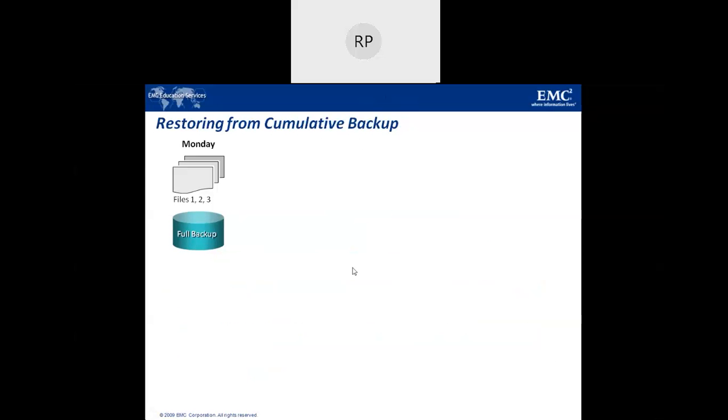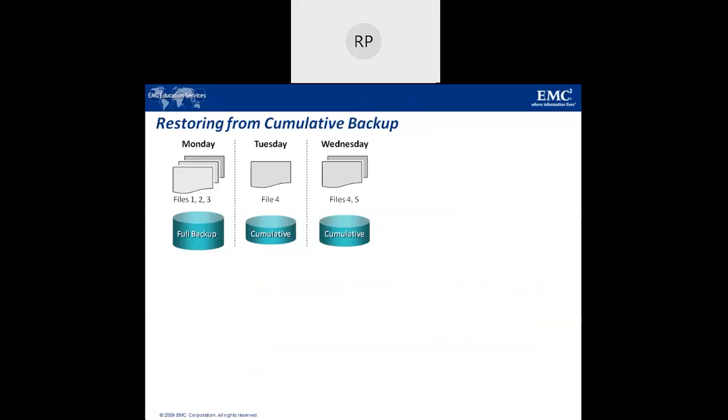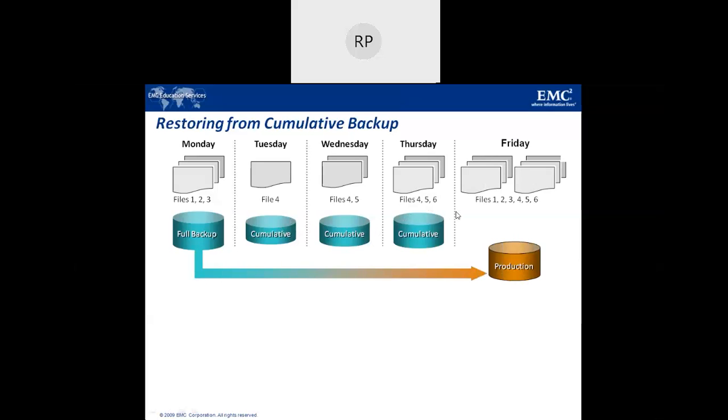How the cumulative backup works. Now you have taken a full backup on Monday, then on Tuesday it is a cumulative backup, that is file 4 is taken, and on Wednesday both files are going to be stored into a backup, this one and this one, and Thursday 3 files 4, 5, 6. In case of restore operation, the backup copy is taken and only the last cumulative copy is going to be taken. This is how the cumulative backup works.